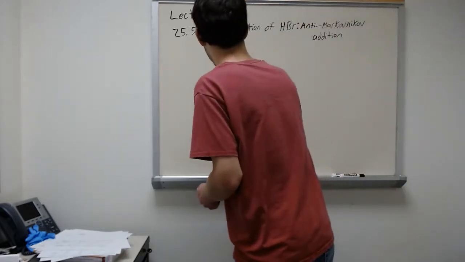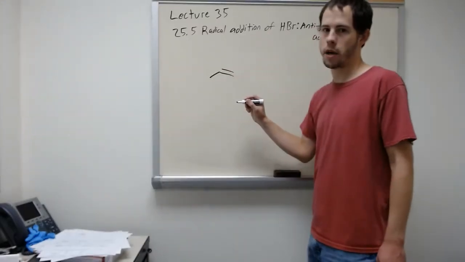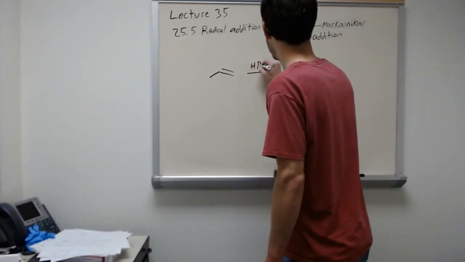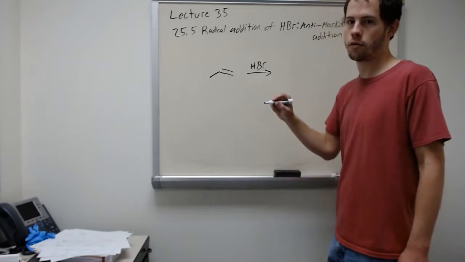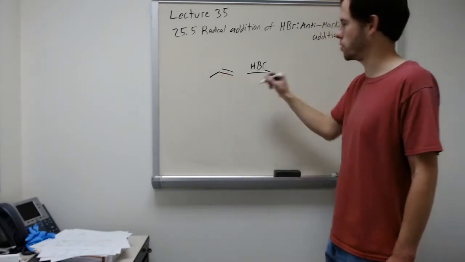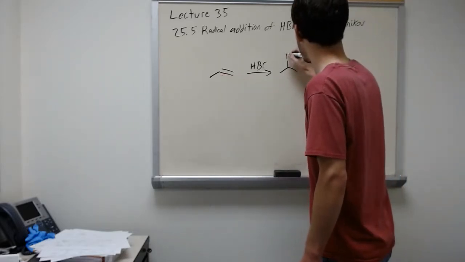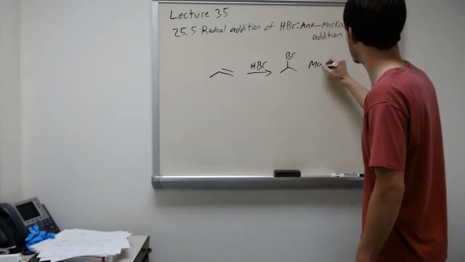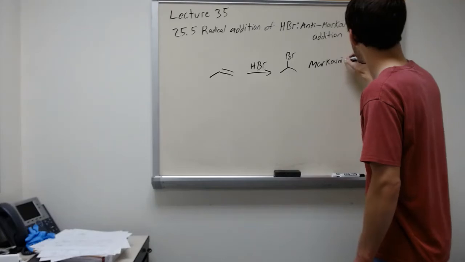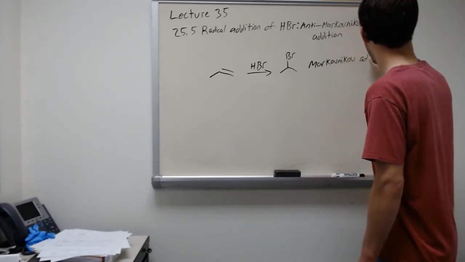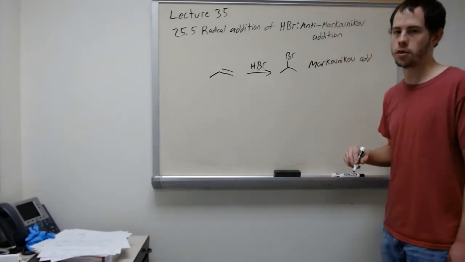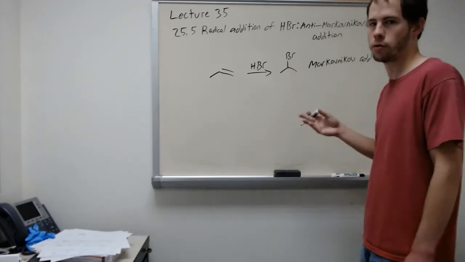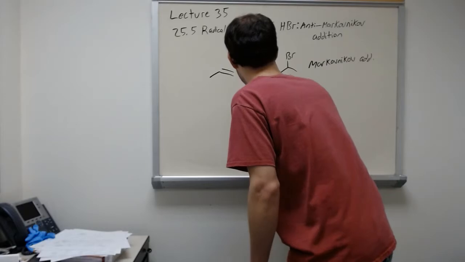So we take an alkene, an unsymmetrical one, and we treat it with HBr. We get addition of the bromine to the more substituted carbon, so we end up with a product that looks like this. And we call that the Markovnikov addition product. And that's because we have the bromine add to the more substituted carbon. So remember, if we go through the mechanism for this reaction,